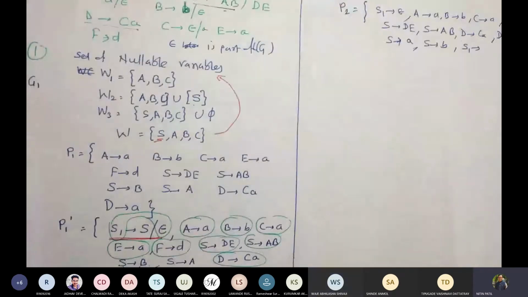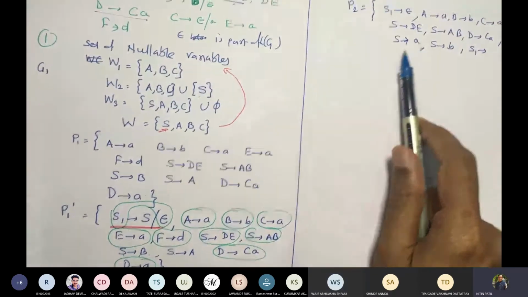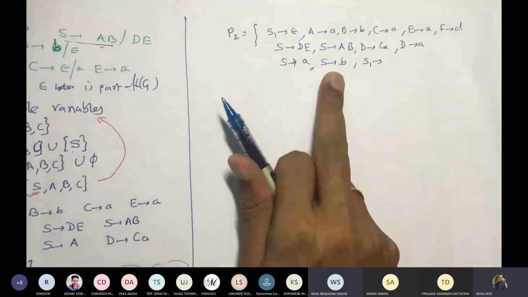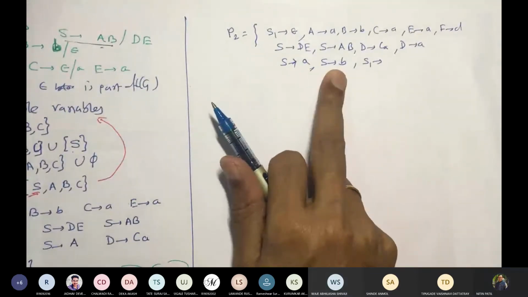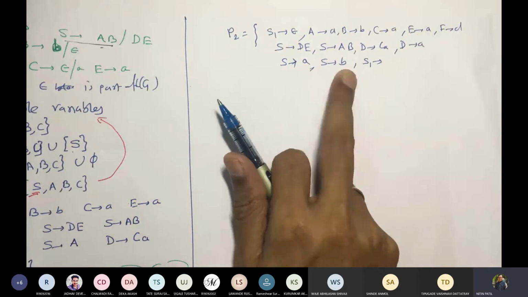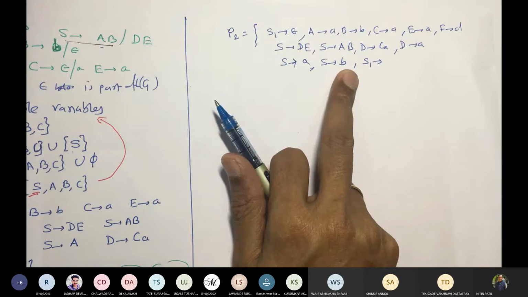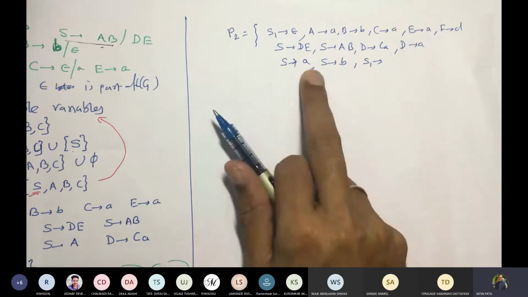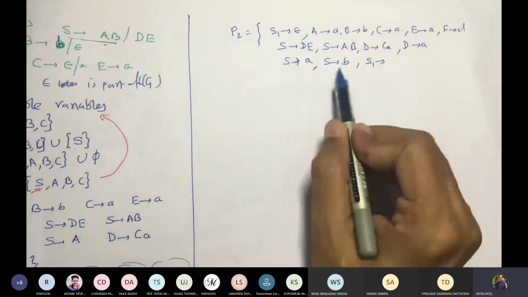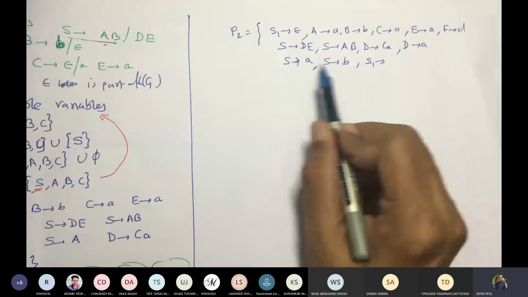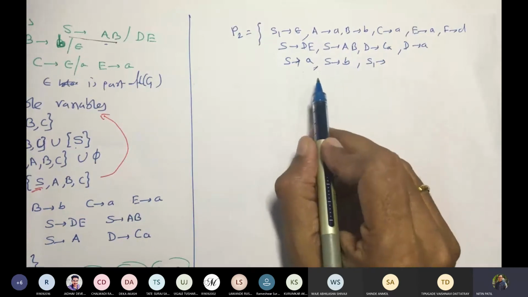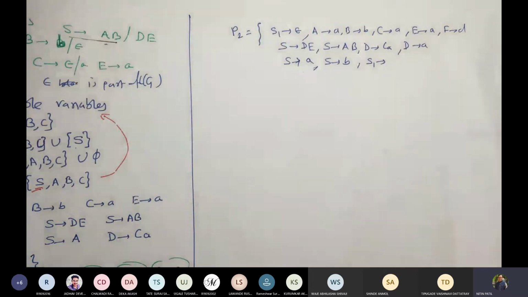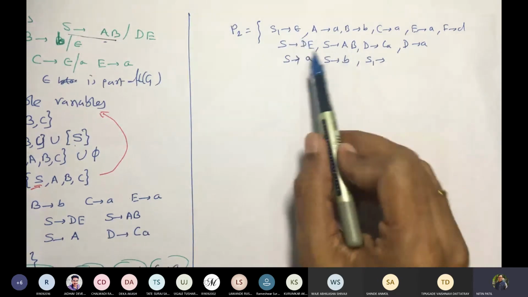If I go with that, we know that S gives A and S gives B are productions, correct? That's why we will add what? If I put only A and B there, what will happen? It will terminate. But now I have to preserve the language. So this would be only for removal of unit production. This one case would be for variables where, if I apply that 3.5 algorithm, S is occurring towards the right side and S is nullable.